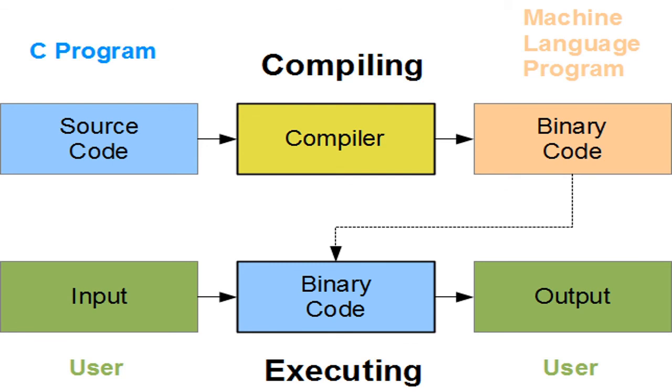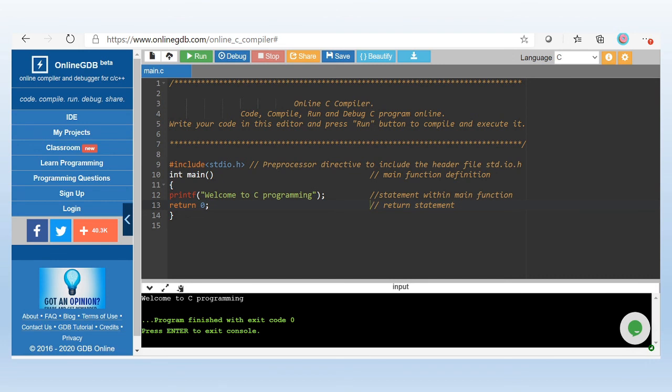Actually, what we have written is a source code, which when given to the compiler will get converted to binary code, and whatsoever input we provide to our source code, upon execution will give you an output. This is the actual flow of your program. I tried to compile the program and get the result out of it, and this is what I get onto the screen. So this is how we write our first program using C.